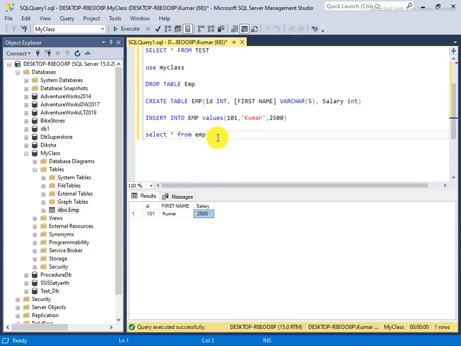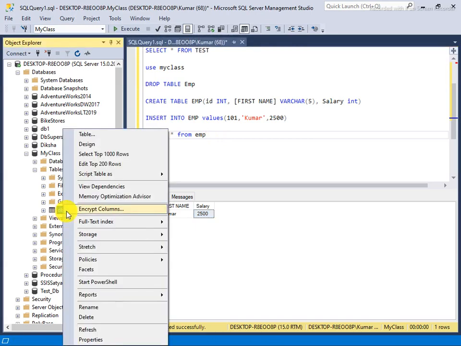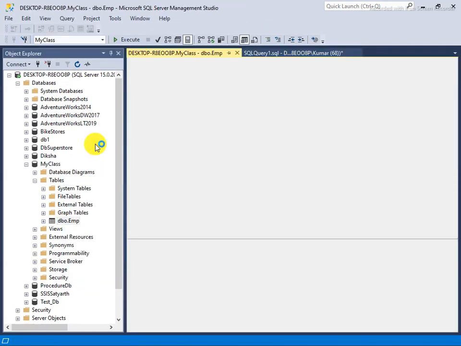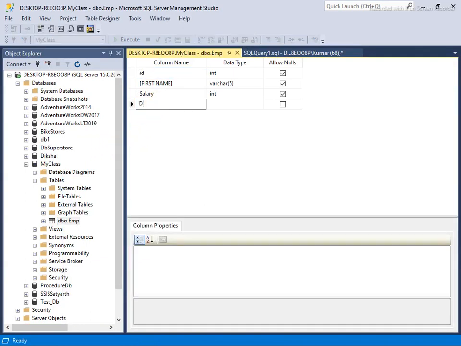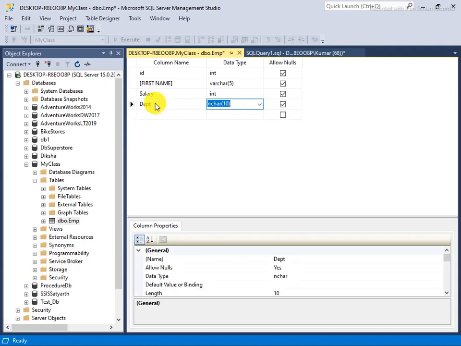One way is that you can add it manually by going there and going to the design, and in design you will see a department name, and you give it a data type. Here there is varchar, nvarchar, and nchar, so many things, whichever data type you can use. So here I am simply saying add a varchar 15.